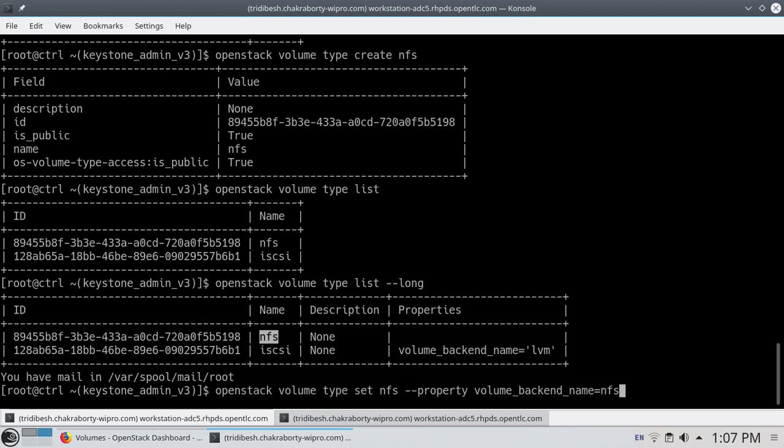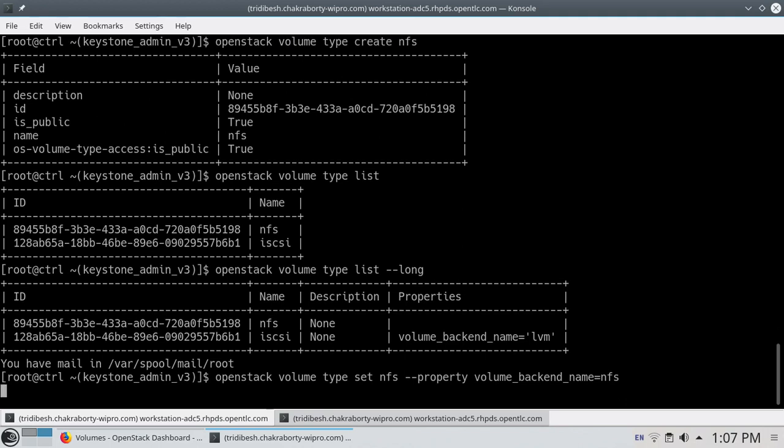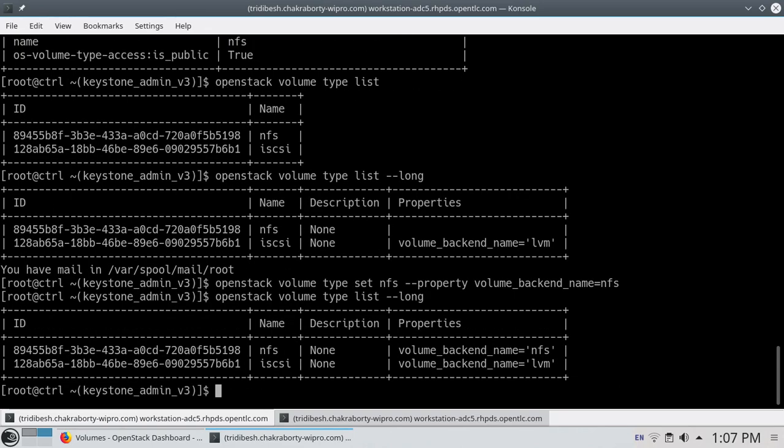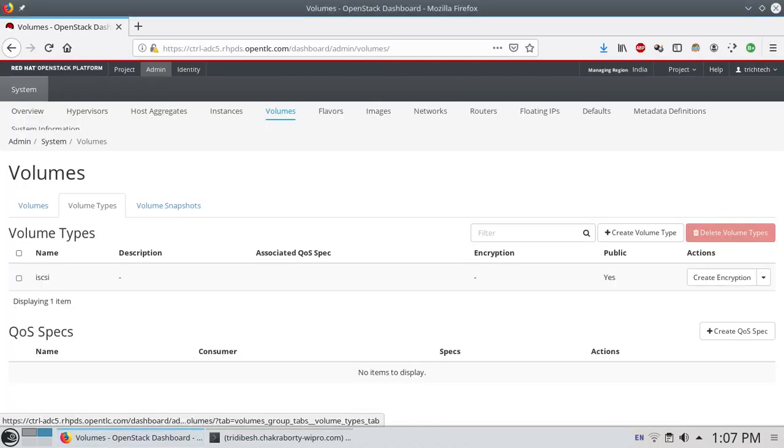For that you run the command OpenStack volume type set NFS, setting the property volume backend name equals NFS. Now if you do this, it will set NFS as the backend type for our newly created NFS type. Similarly, if you go back here and refresh your volumes, you should be able to see NFS also along with iSCSI.